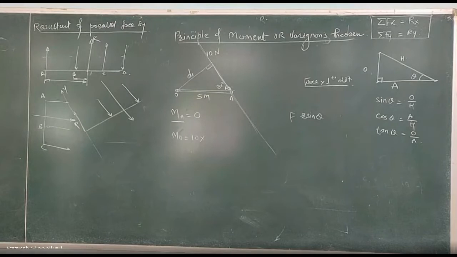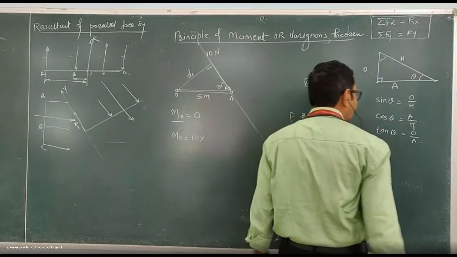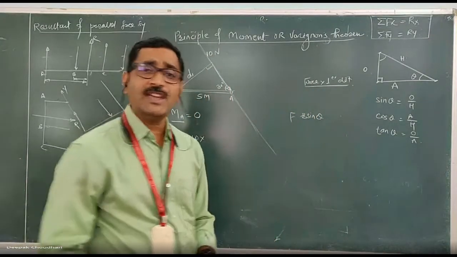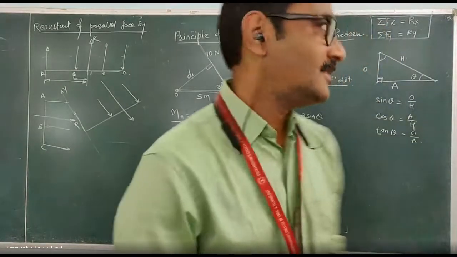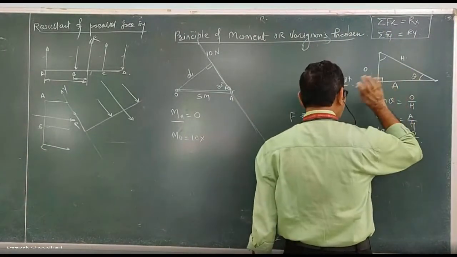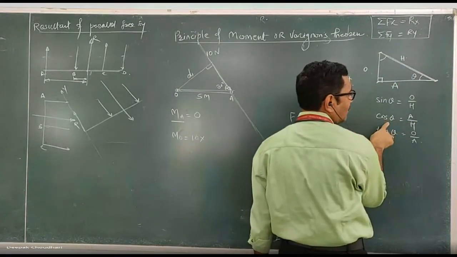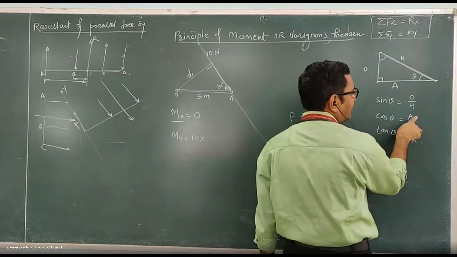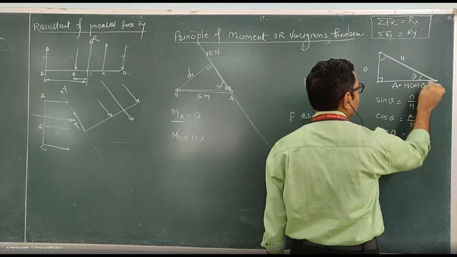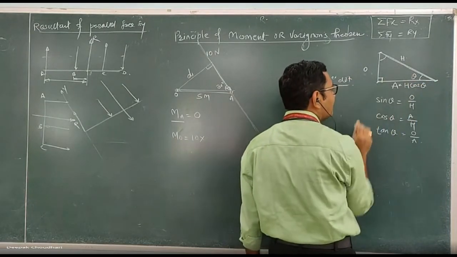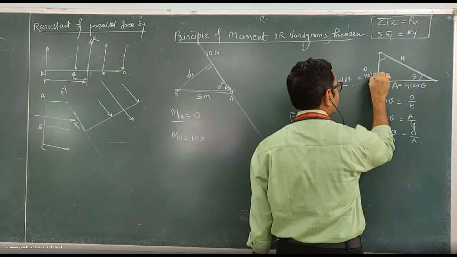Clear? If you know the two sides, you can calculate any angle. Not an issue. After this, most of the time there will be a situation where one angle and one side are given and you want to calculate the other side. So remember, let's consider the case if the hypotenuse is given and you want to calculate the adjacent side, then you have to use the cos relation. This adjacent side is equal to h cos theta, and if you want to calculate the opposite side with the help of the hypotenuse, then this opposite side is equal to hypotenuse into sin theta.